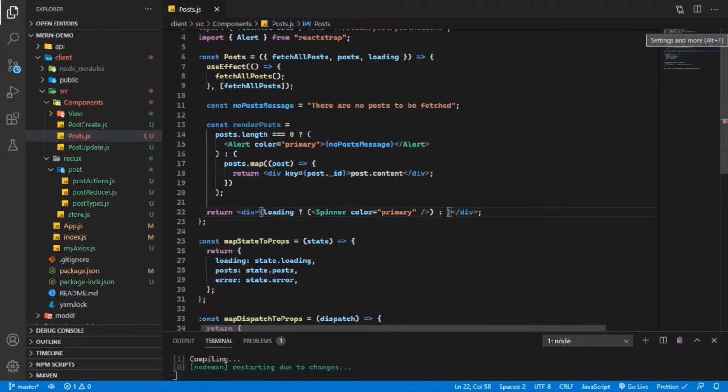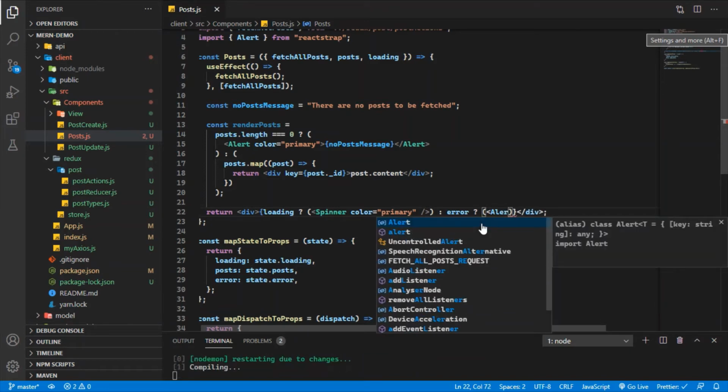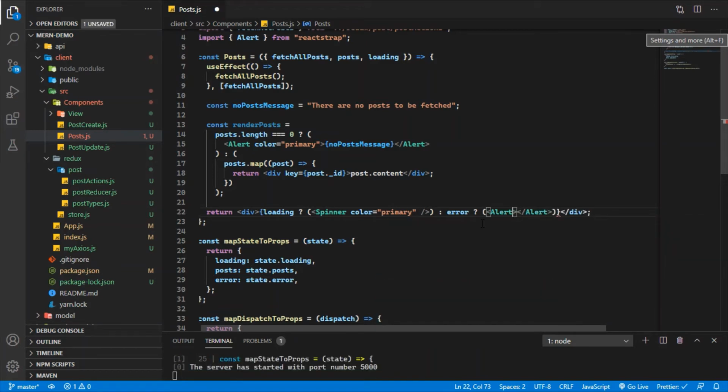And then after that, if it is loaded, now I am going to check if there is any error, with the ternary operator. And here also, guys, I am going to give the error alert component so that we can see it, and this time it will be the color danger.